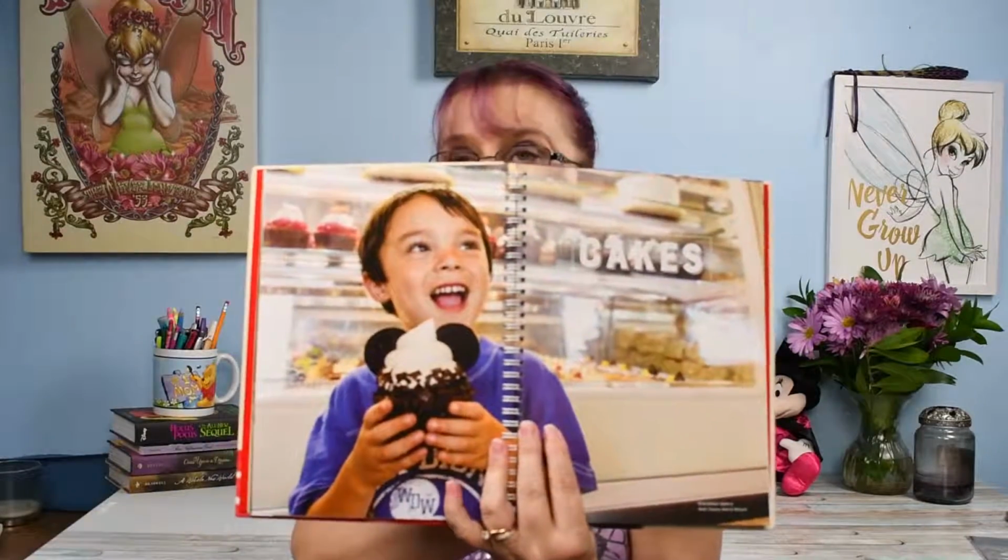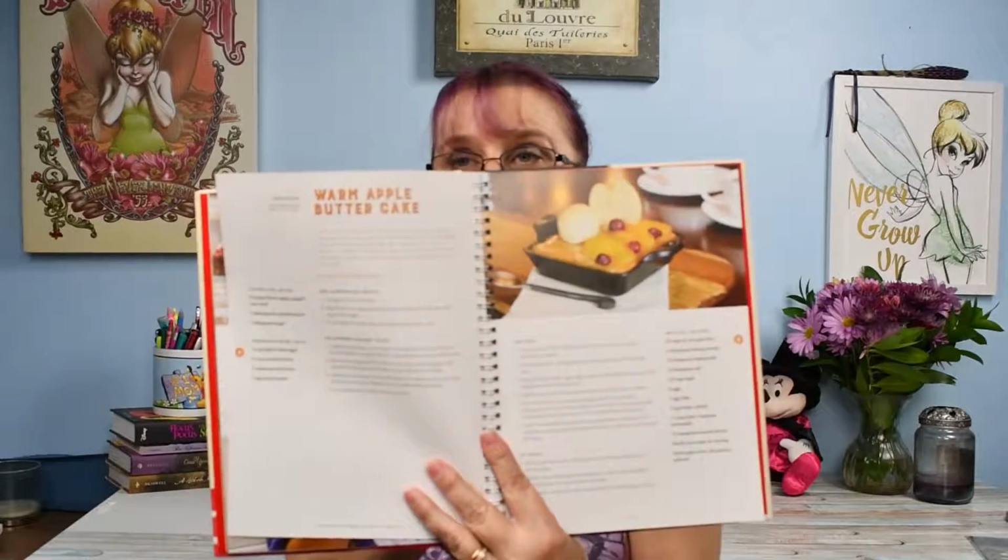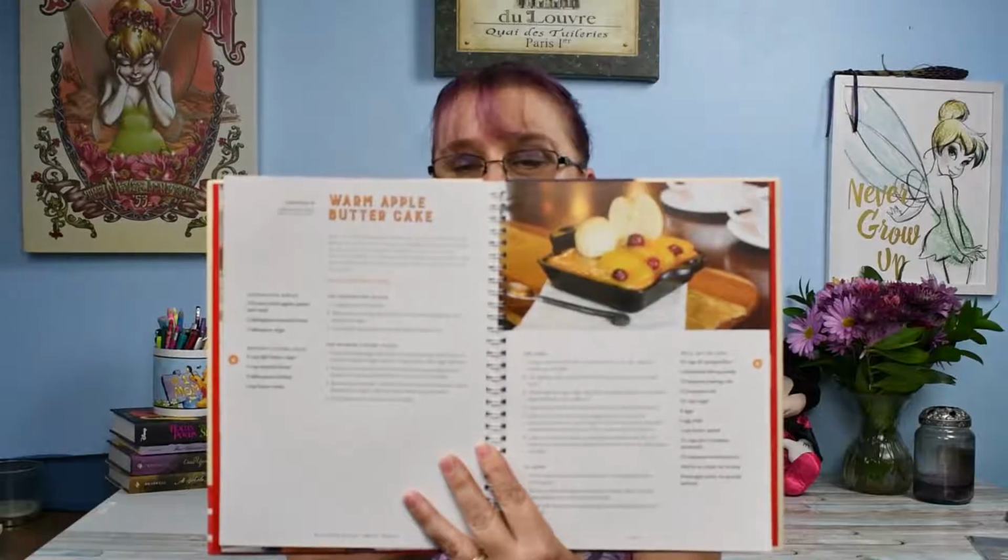So it has beautiful pictures, and all of the cookbooks tell you where the dishes are from, and they have absolutely gorgeous pictures. This is Warm Apple Butter Cake. This is from Disneyland Hotel Steakhouse 55. So these do have recipes from Disneyland, Disney World, and I do believe I have one that also includes the cruises. This is hazelnut polenta cake with chocolate and mascarpone,